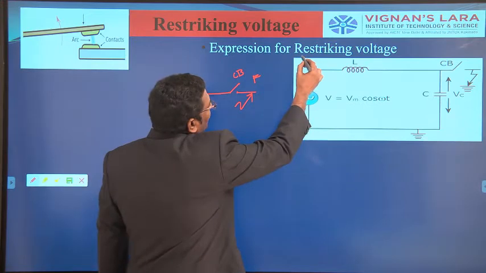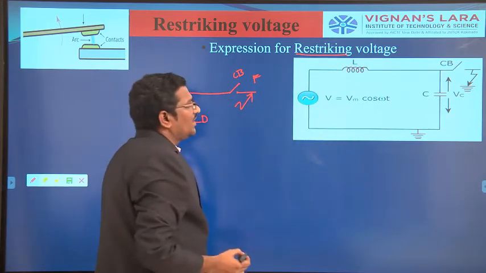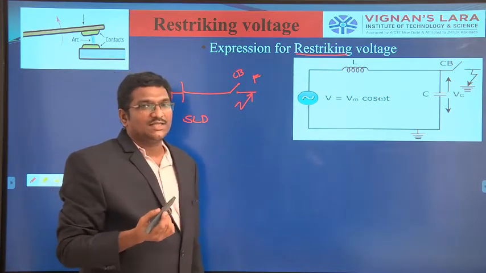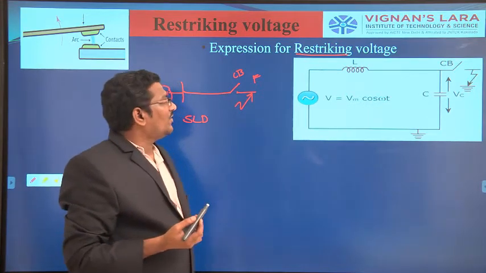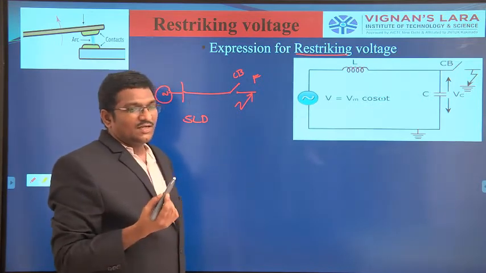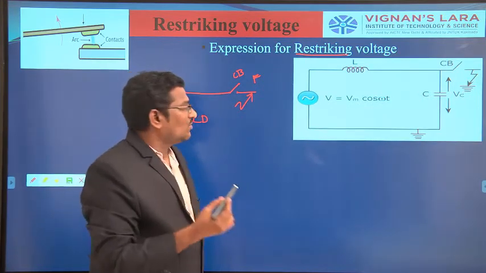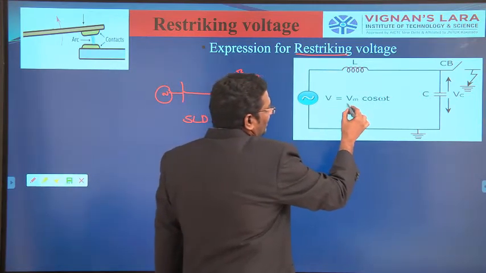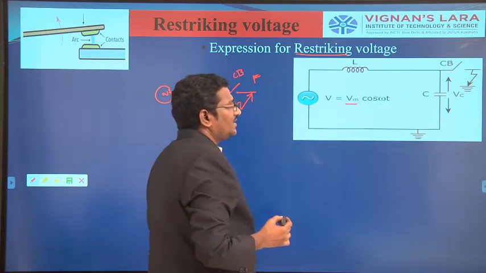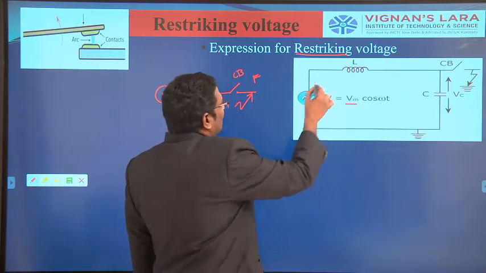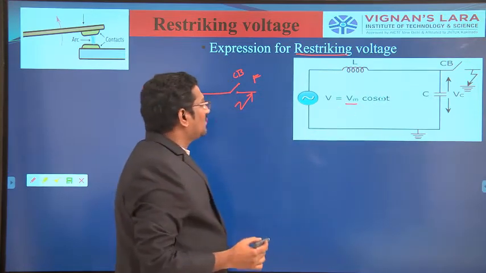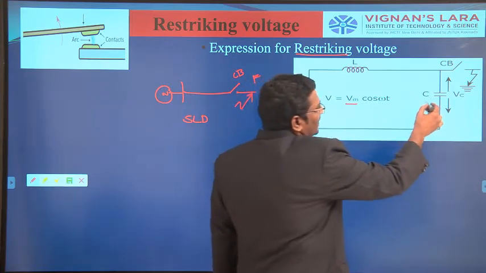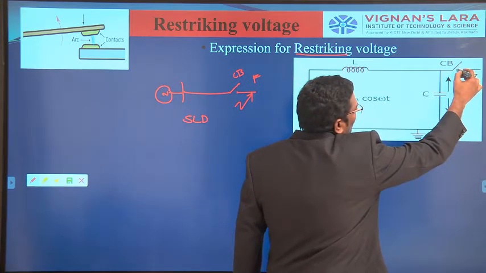Here we are studying the restriking voltage. Just now we have seen that the restriking voltage is defined at a zero crossing of the current. At that zero current, the voltage is maximum, as in the last figure you have seen. So here it is V maximum. You can represent the source voltage as V maximum cos of omega t. Here L means the inductance up to the circuit breaker location, and C is the capacitance. This is the fault point, and the circuit breaker is open.